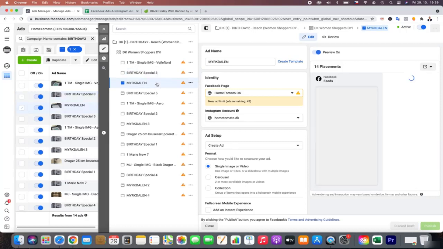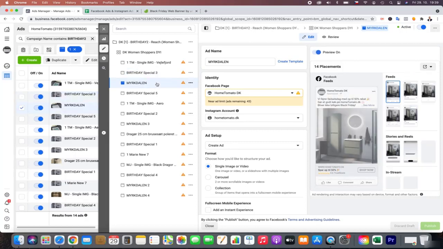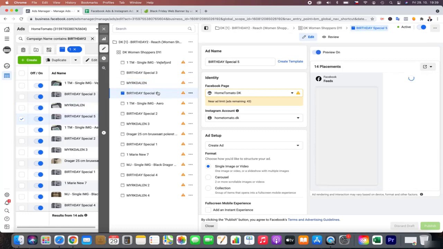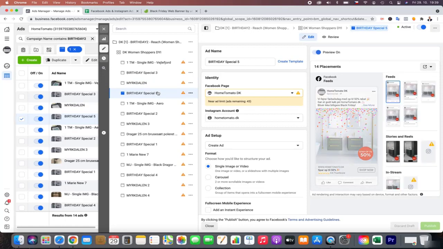Basically the objective is quite simple: reach as many people as possible, and the goal is simply to let people know that they can purchase now for the best price. It's a birthday celebration, so we call it Black November.